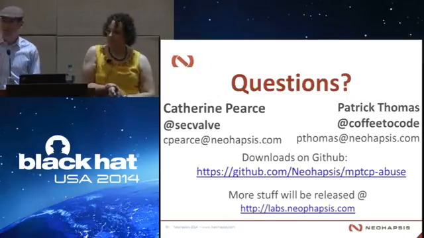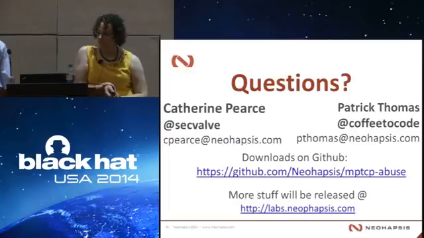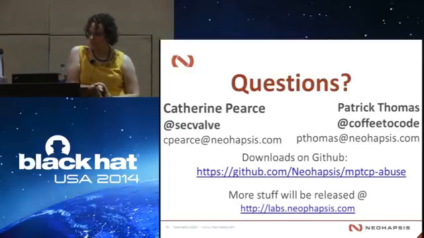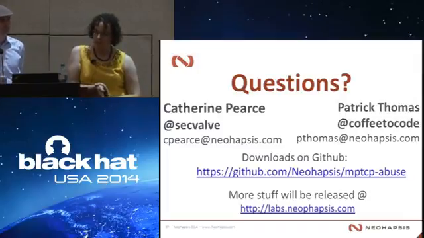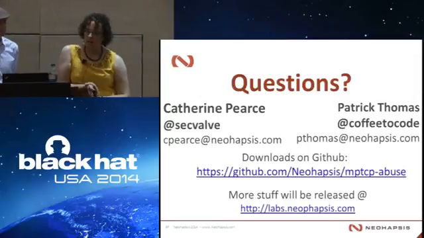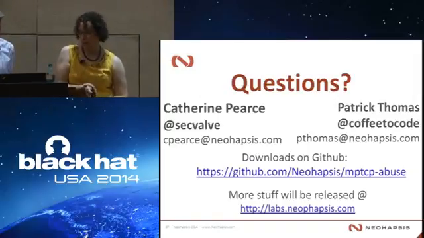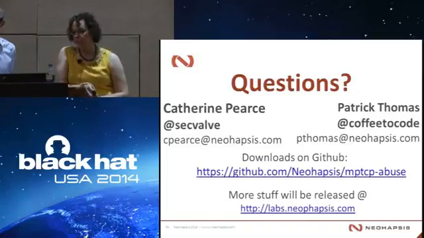Am I correct to understand that it's up to either the implementation or the application to decide what exactly it wants to get out of multipath TCP, whether it wants high availability or to use multiple paths for increased bandwidth? It is just the implementation, correct. Right now, they're talking about building an API so you can give specific socket options about this stuff. That does not exist at present. So it's purely the OS and how it wants to handle things.